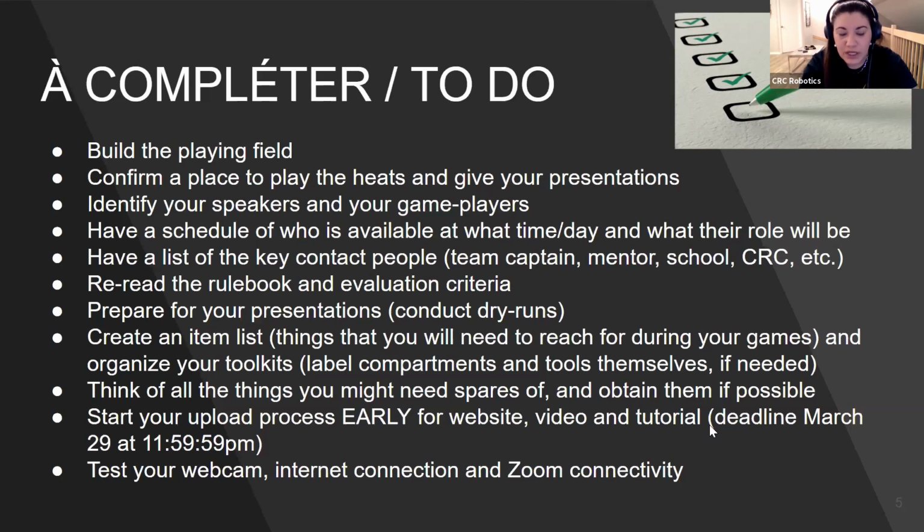We will be opening up the portal this week. So if you have your stuff ready, there's nothing that stops you from uploading it today, or not today, but when the upload portal is ready and active. So there's nothing that stops you from uploading it on Sunday or Saturday. We will see that you've submitted something, but if you decide to change something on Monday morning, you saw a spelling mistake or whatnot,